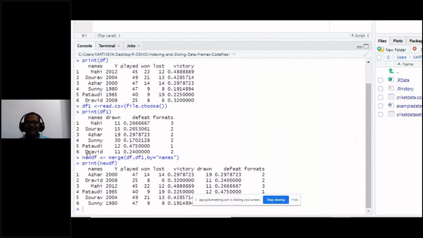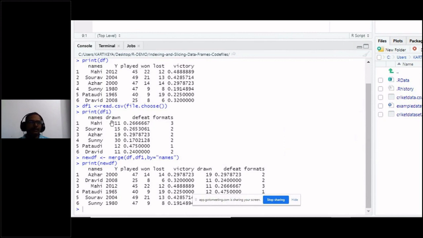So any one column should be same when you want to merge the data. The column which is same, by that column you want to combine your data set. So names are same in both data sets, but the data is different. Y is year played, here played, one lost, victory.